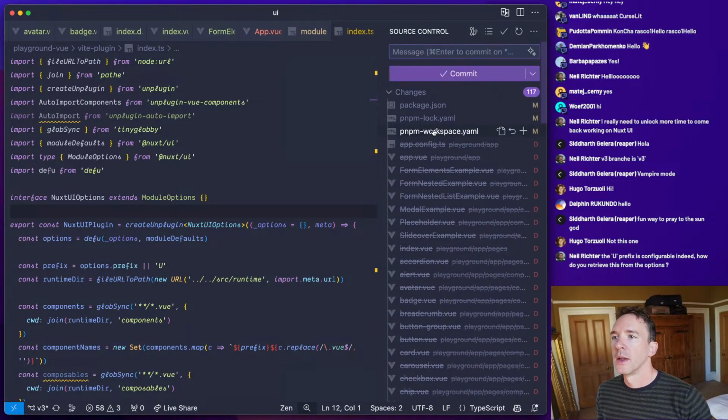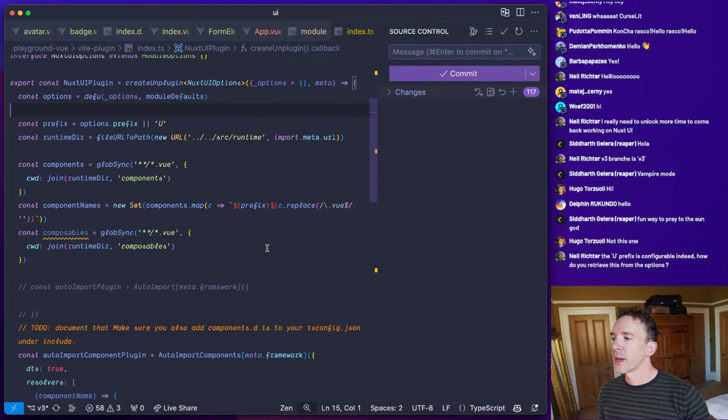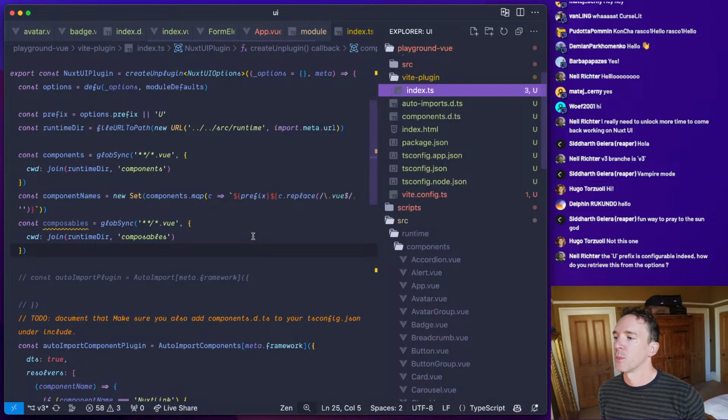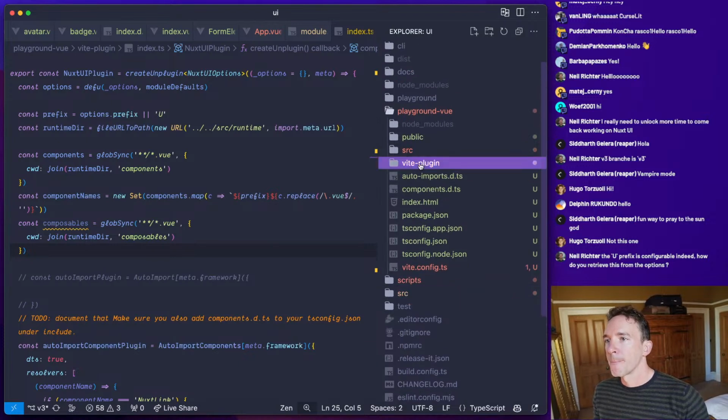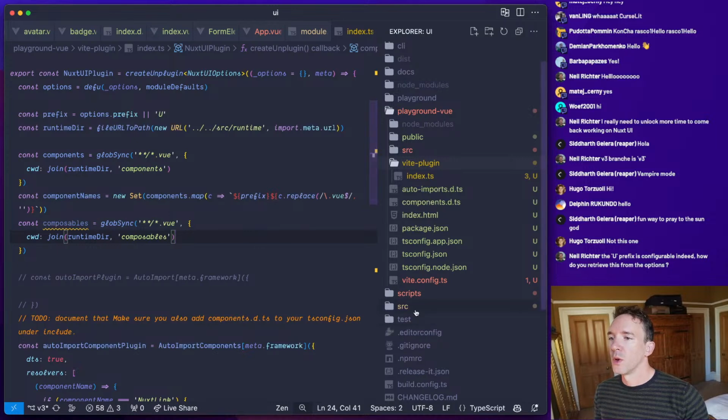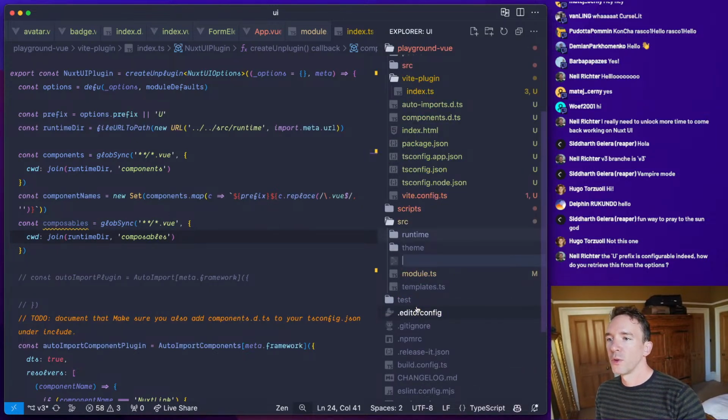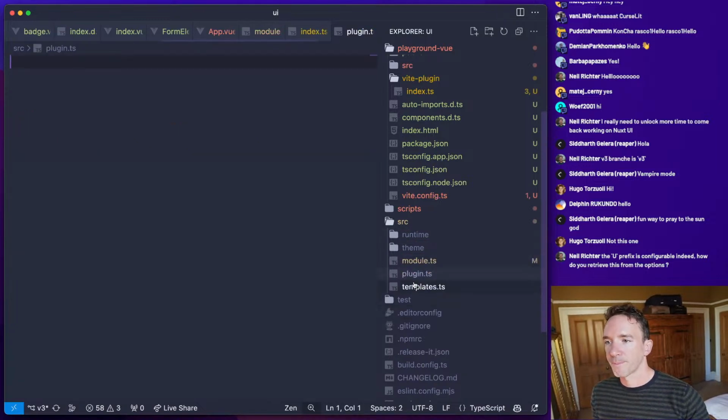Okay, so we're going to see if we can make things a little bit more straightforward. One thing we can probably do is already split this out into source. So let's create a new folder, and we'll call this plugin.